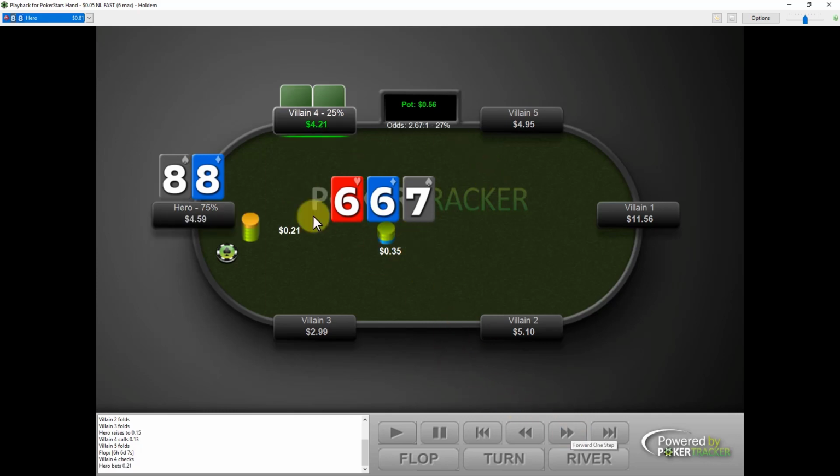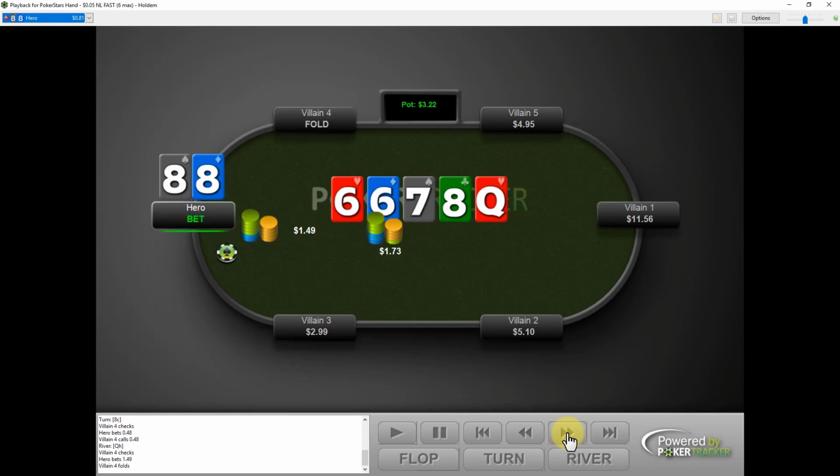So we fire out a continuation bet with our overpair for a combination of a value bet plus protection, meaning we're protecting our equity. We don't want to allow him to freely realize his equity if he has a draw in hand. He calls. We go to the turn. This is a great turn for us because it improves a lot of the straight draws, or also gives him some additional equity, possibly a pair plus a straight draw, but we've boated up, so we really want him to improve here. He checks, we bet again, he calls, we go to the river, relative blank, he checks, we bet again, and he folds. So this is a combination of betting for protection and value in this hand.